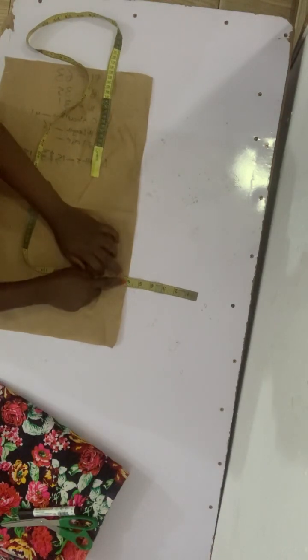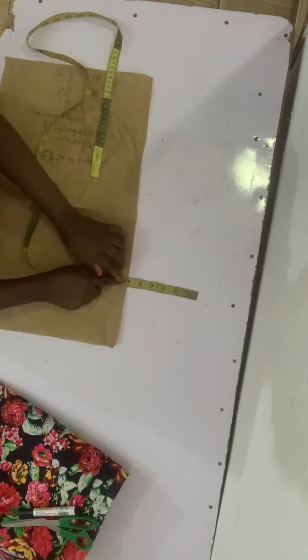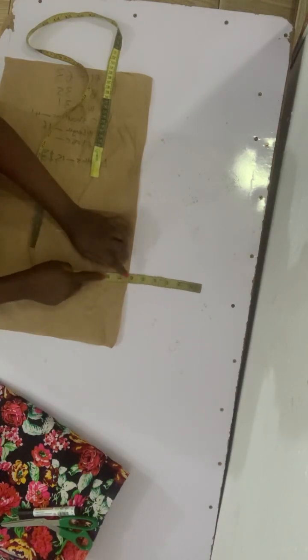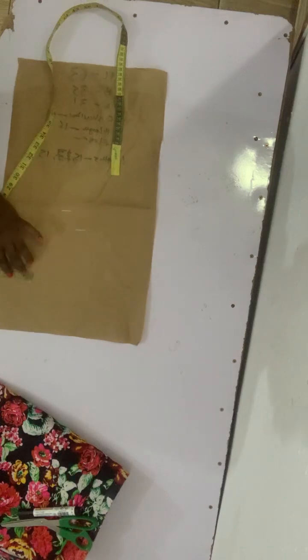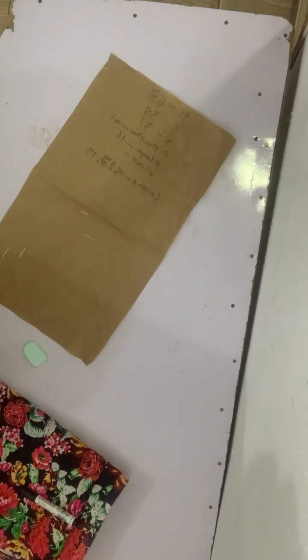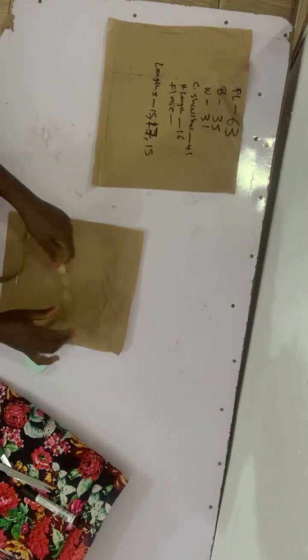The half length of this dress is 16, but because it's an off-shoulder dress, depending on how off you want the upper part to be, you can use 6, you can use 4, you can use 8. It absolutely depends on how revealing or how covered you want the off-shoulder part to be. So in this case, I used 6, and then I went ahead to measure my 16. I added 1.5 inch sewing allowance, and I'll bring this out from the old paper